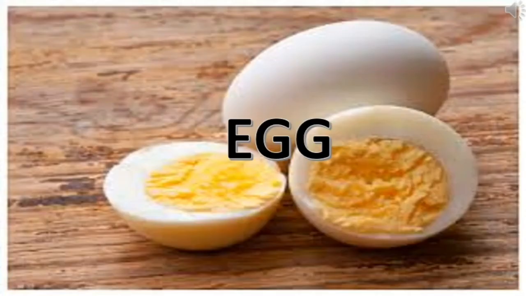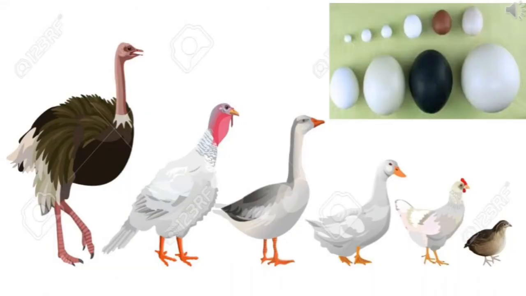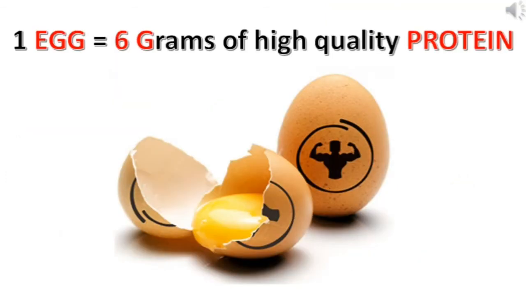Children, next we are going to learn about eggs. Eggs are laid by female birds of many different species to produce their young ones like hen, duck, turkey and ostrich. Egg is used in our daily life for the following. Eggs are used in our daily diet to get energy and good health. It is highly nutritious and rich in protein.